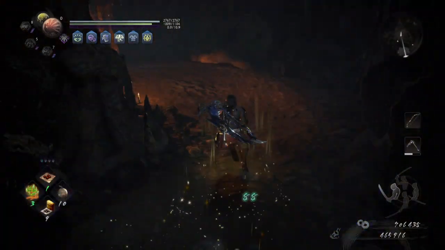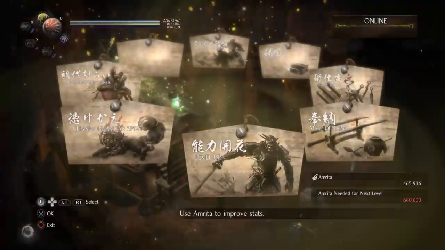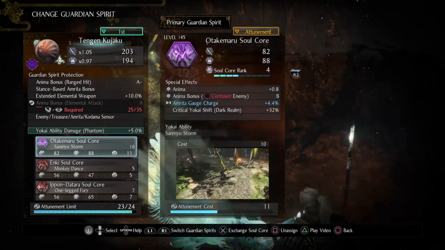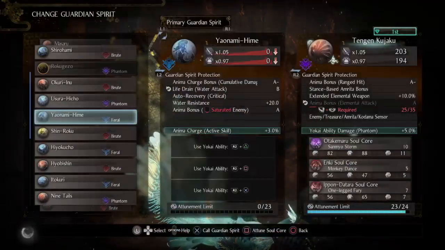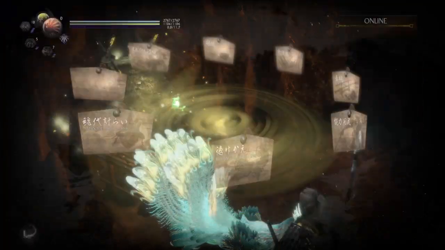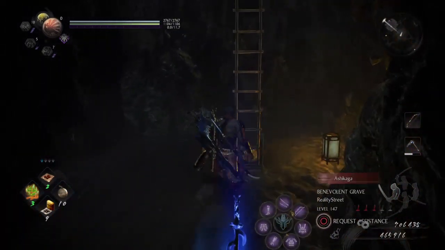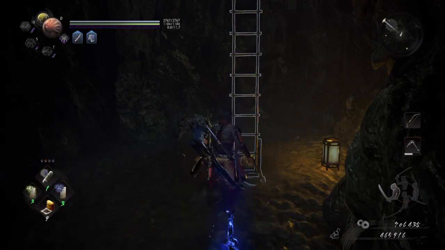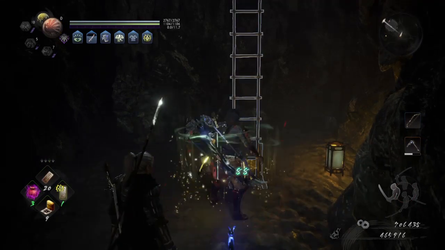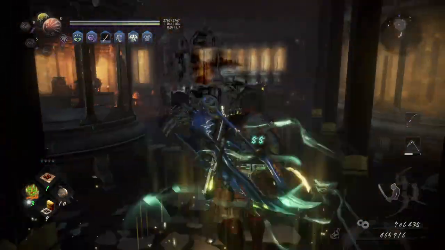Shit. There is one thing I need to do, and that is equip my favorite Guardian Spirit in the game. Or Soul Core. Alright, here we go. And now I have to rebuff all over again. Here we go. Didn't know there was just a... Oh, this is like...